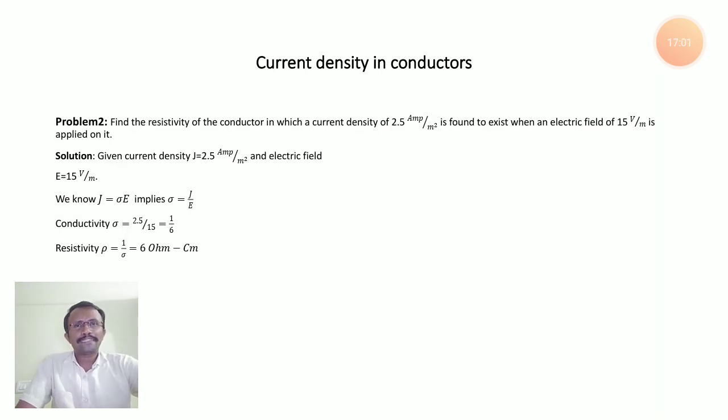In the next lecture, now that we clearly understood what current density in conductors is, we will see the current density in semiconductors. Insulators, we already know, don't allow any flow of current, whereas conductors allow flow of current, and in conductors the current flow is only due to electrons. But when it comes to semiconductors, the current flow is due to both electrons and holes. That's why there we will see current density due to electrons and current density due to holes. We will see it in detail.